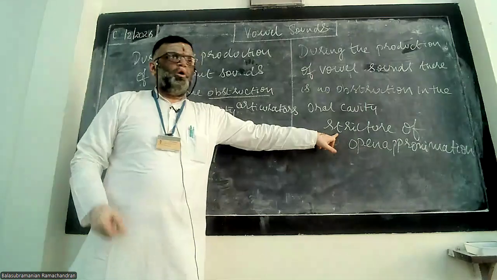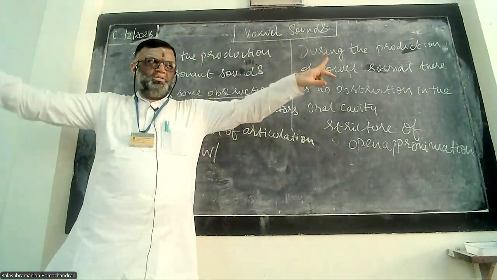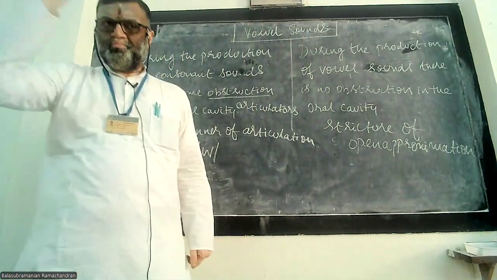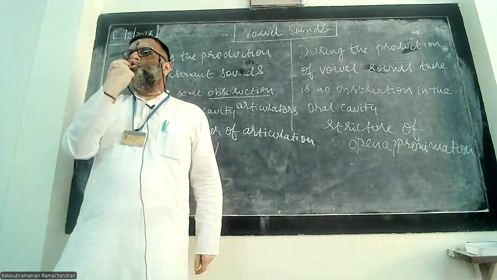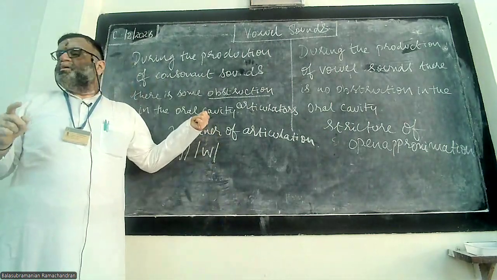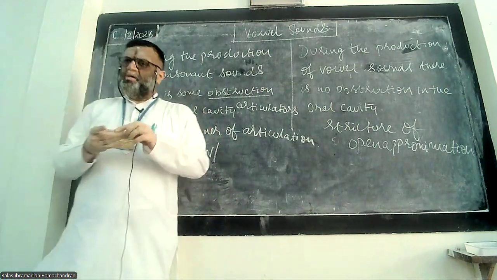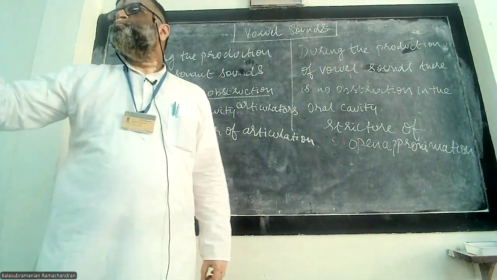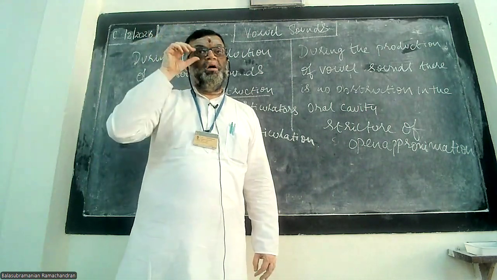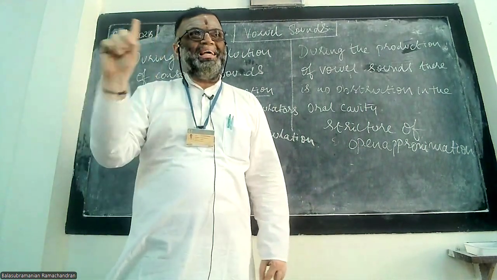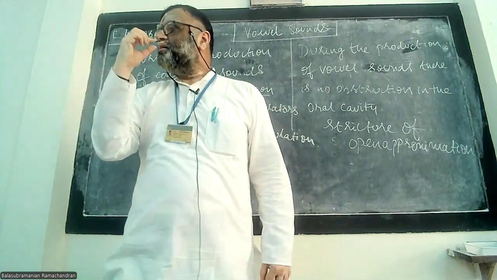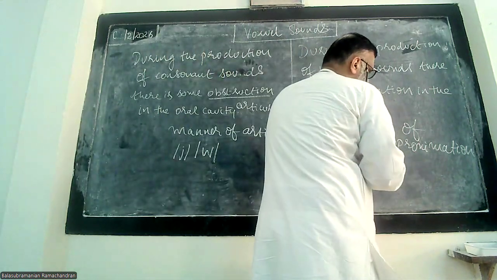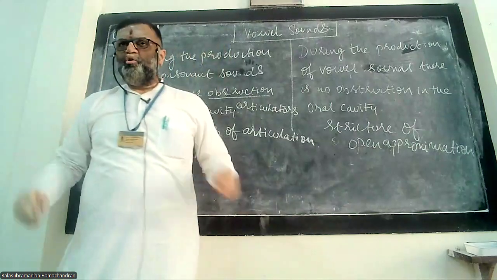Okay. So, what is open approximation? Just observe. I'll produce some vowel sounds. You see how the articulators don't come near each other. Mainly, the lower jaw will not come too near the upper jaw, like it happened with certain consonant sounds. For example, just look at this. E, A. Here you can see, but in E you don't see this. When you produce E, you may think the articulators are close, but again, it is open approximation. Be very clear about that.